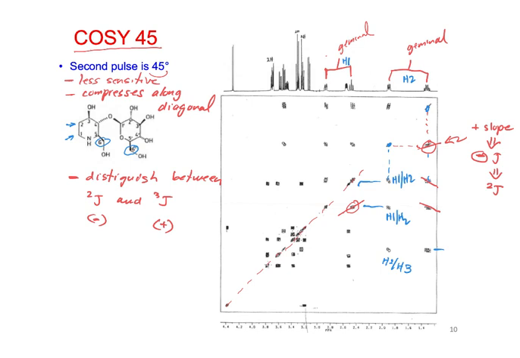But then there's one more off diagonal as we go down here, and this one is a vicinal coupling. So from 2, we went back to H1, now we got to go over to H3. So both H2 protons are going into H3 over here,